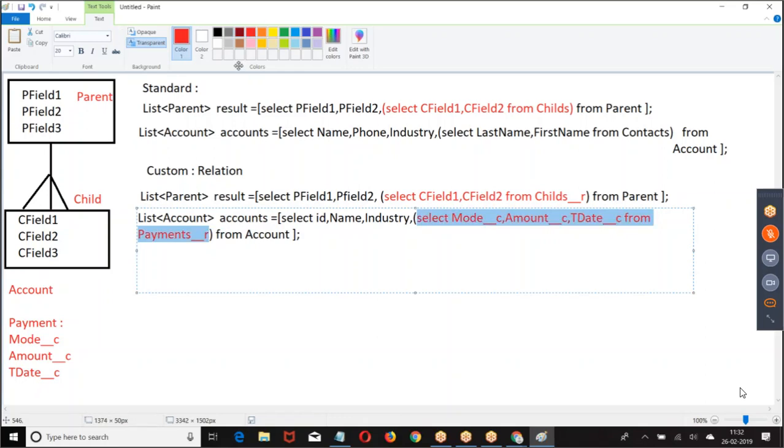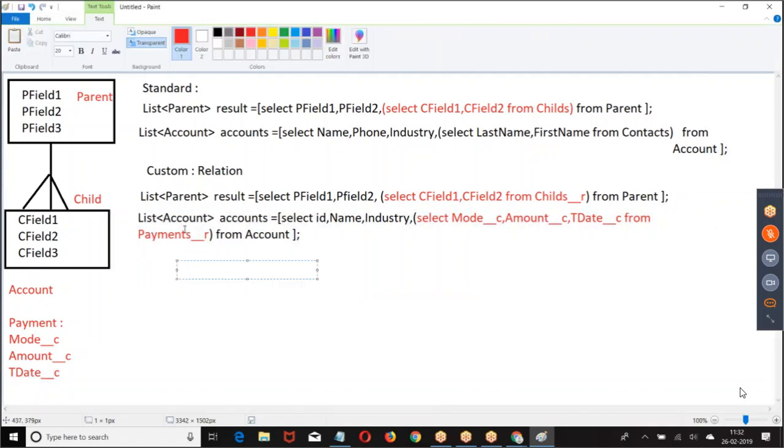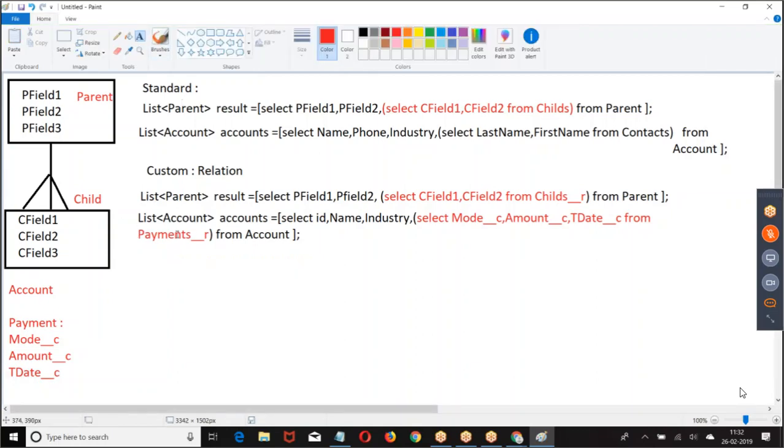So the field name will end with underscore C, but the relationship name will end with underscore R. This is not the field name. This is about the child object relationship name. The child object is payment, so we have payments underscore R. It is not the name of the field. It is the child object plural form underscore R.